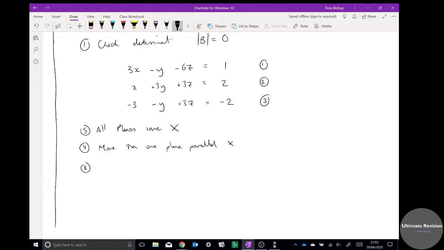Point number 3. Now, are there solutions here? So those are the two to look out for really quickly, if there's any parallel. But now the two that often come up are the triangular one or the sheaf. And you've got to eliminate. So for these next two, you must then eliminate